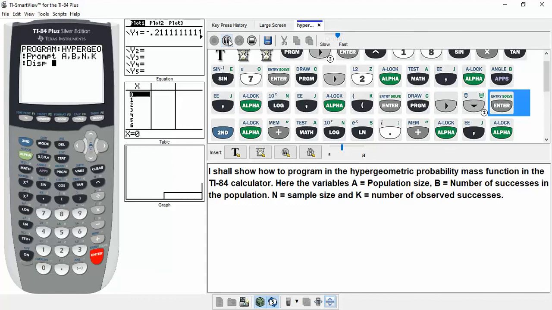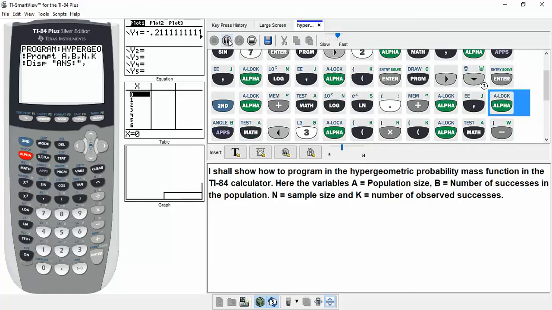So I'll display, and then I'll go ahead and type in just a short little prompt there that says this is the answer. Double quotes, ANS colon, and then end the double quote. And then I'll put a comma there so that it separates out the display statement with what's going to be displayed. And I'll go ahead and type in the B variable, and then the